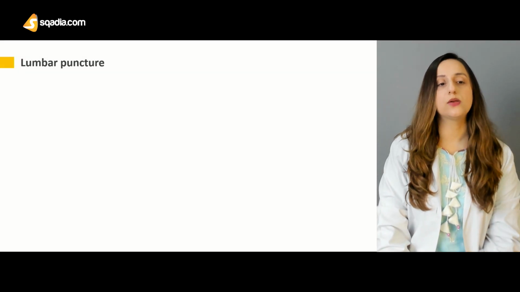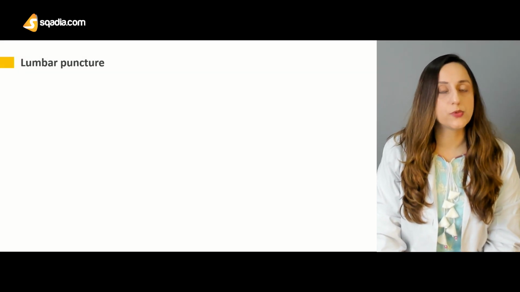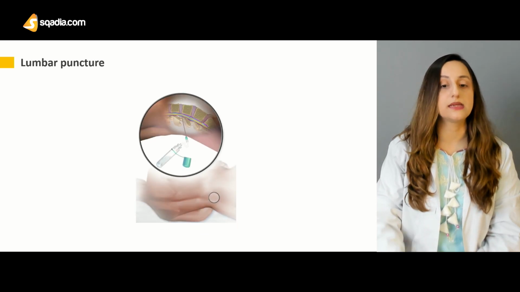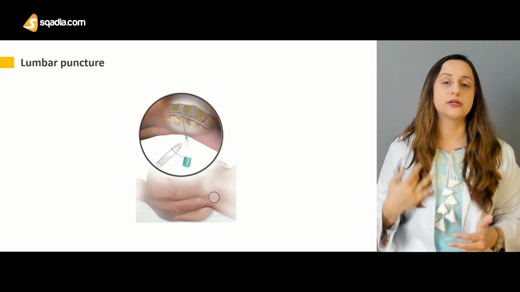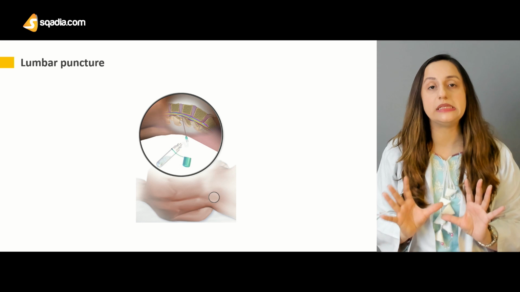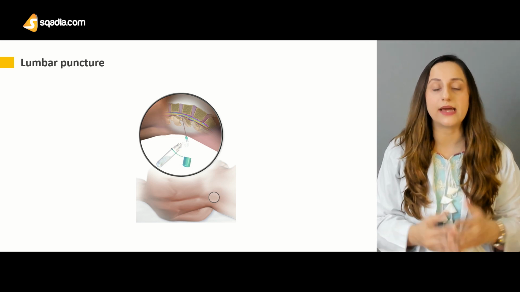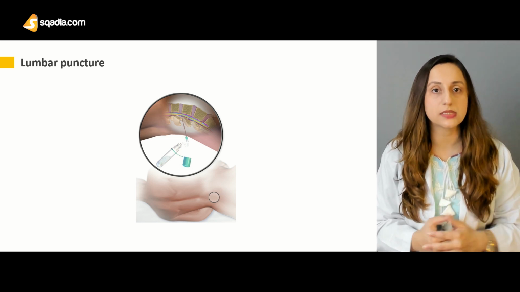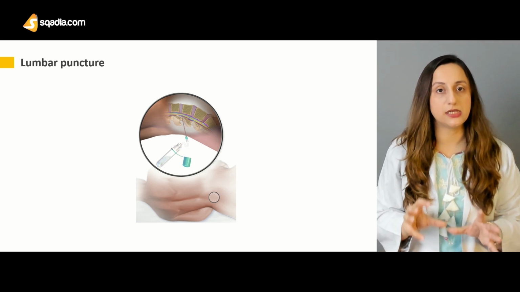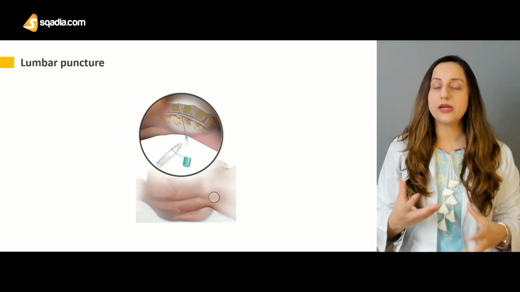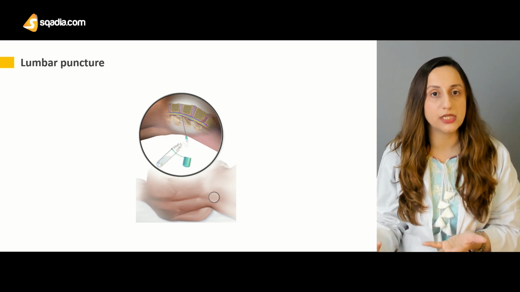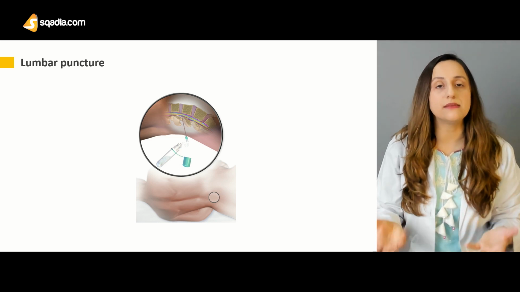Moving on, we can also perform a lumbar puncture in the patient. We usually perform the lumbar puncture at the lower border of L4 and 5 in the neonates. This is the normal level at which the spinal cord ends in neonates. So we perform the lumbar puncture, take out the CSF and send it for histopathological examination, just to rule out